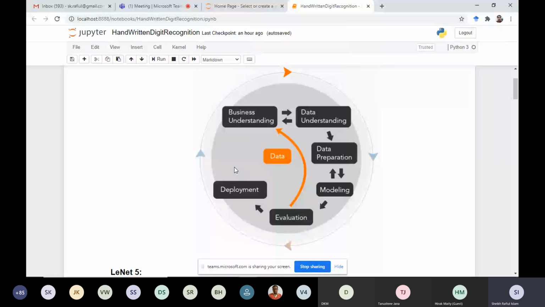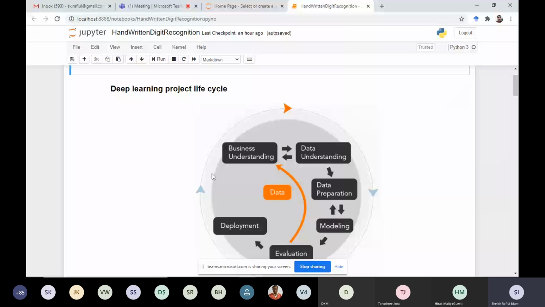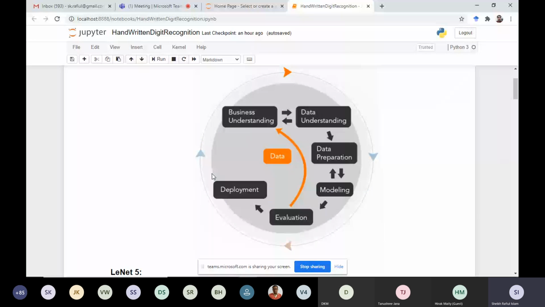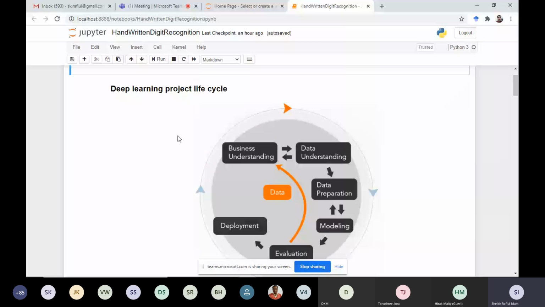Before moving to the network, I want to explain the deep learning project life cycle, and what the important things are that you need to understand there. If you consider a real-time DL-based project,